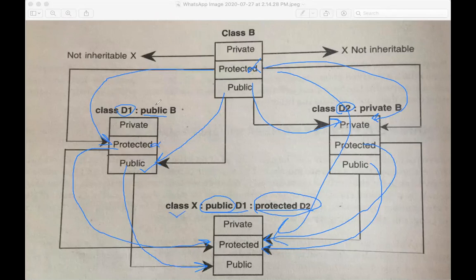Okay, so you can easily make this diagram if you remember that table that I have shown to you firstly. That table is a very, very important one. I have already experienced the power of that table for the different competitive exams for C++. Very important table. Just mark it or just try to remember that table.